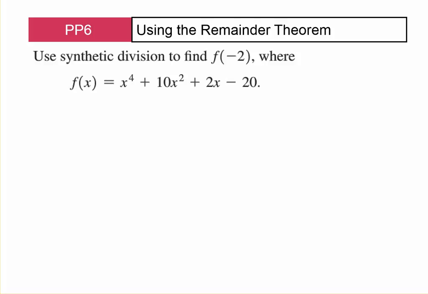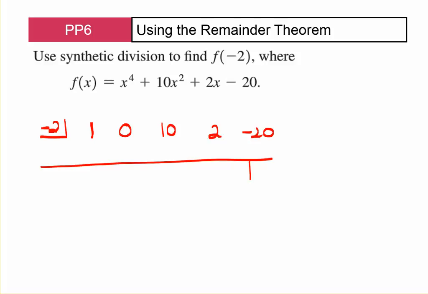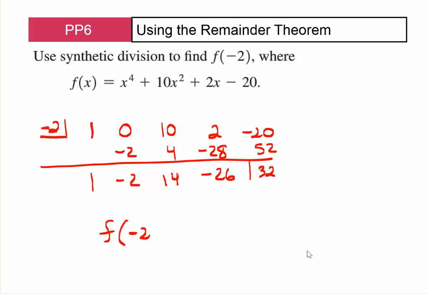I'm going to start it here. Let's see. So instead of plugging in a negative 2 to my function, I could just do this. So bringing down the 1, multiply negative 2, bring down the negative 2, multiply negative 2 gives you a 4, then a 14, negative 28, eventually a negative 26, multiply by negative 2. How about a 52? When you add down, gives you a 32. Everybody good there? So okay. That's synthetic division, but what I know now is f of negative 2 is